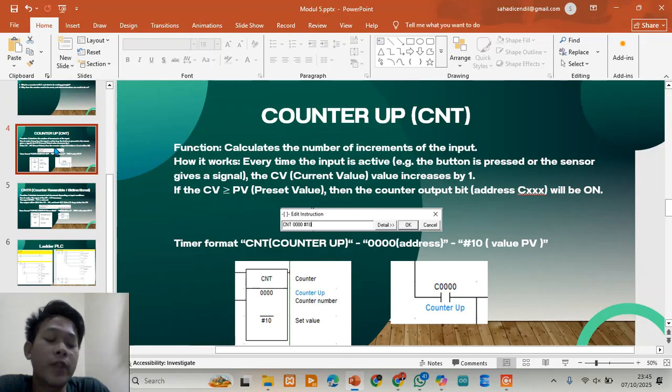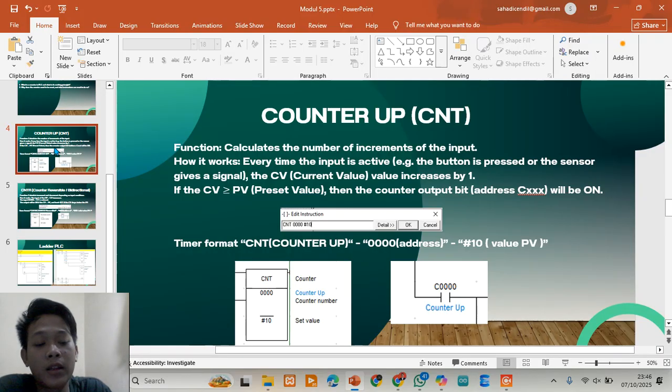And how it works. Point one: every time the input signal, for example a push button, becomes on, the CV increases by one.